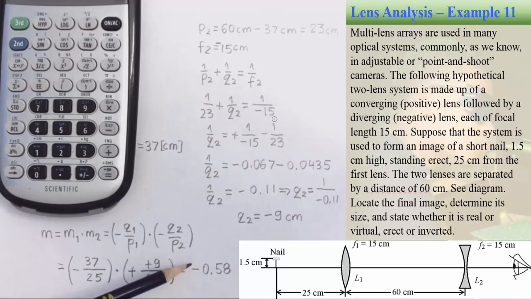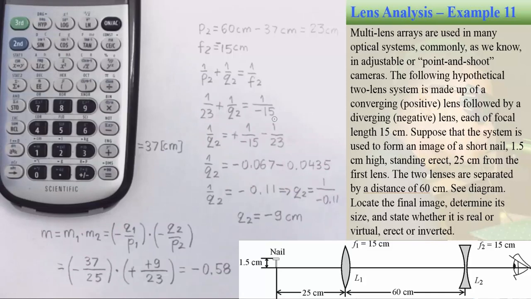So if the original nail, as in our picture, is above the optical axis, the fact that the magnification is negative means that the image of this nail formed by this two-lens system is going to be opposite to the position of the original, meaning the image is going to be positioned below